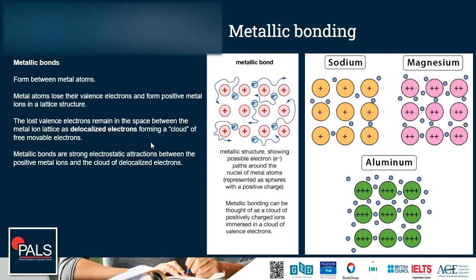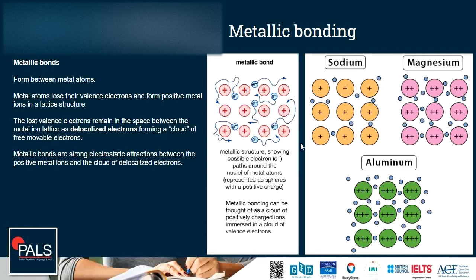The metallic bonds are very strong electrostatic forces of attraction between the positive metal ions arranged in the lattice and the cloud of delocalized electrons between the positively charged metal ions. So the electrons stick around in this case, but they're not really in the shells anymore. They are in the space between the metal ions. And we have only positive metal ions in the metal. There are no negative ions. The bonding works, positive and positive repels, but it is attracted with the negative electrons that are floating around between